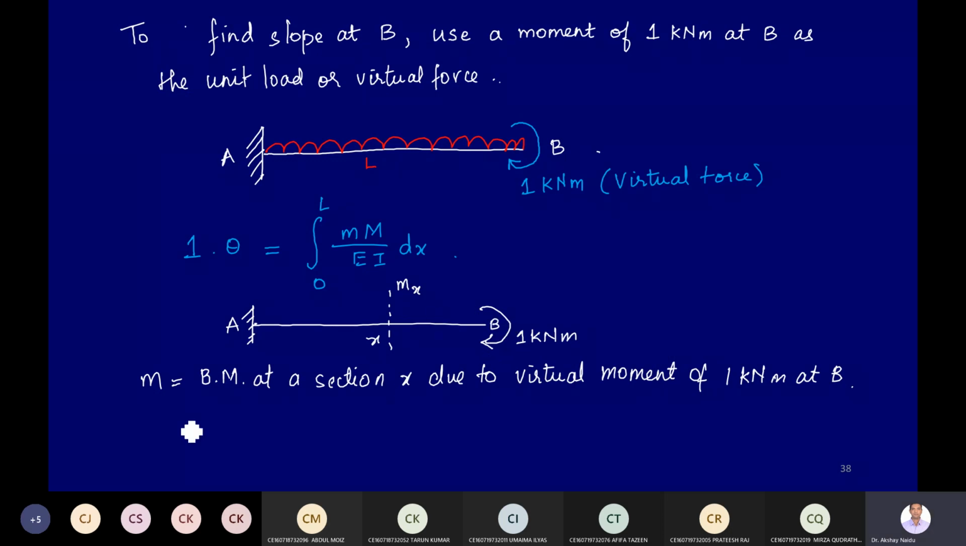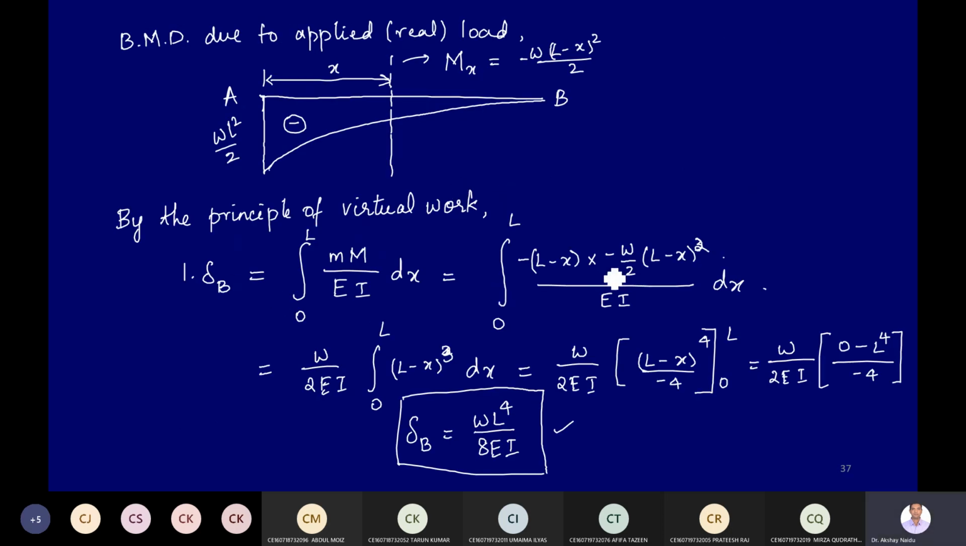So the bending moment will be a constant, a hogging bending moment of 1 kilonewton meter. Now this capital M is the bending moment due to the actually applied load, which is the same as the previous case. What is it? Capital M is minus W (L minus x) the whole square upon 2. So therefore, by the principle of virtual work,